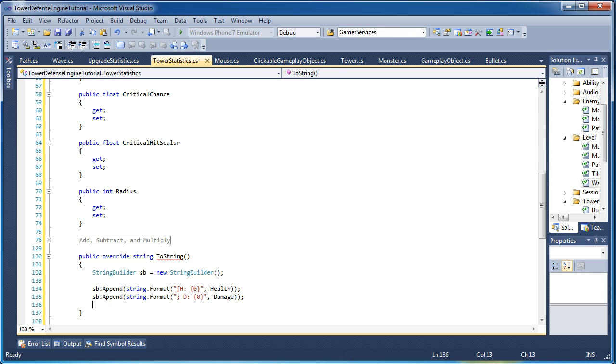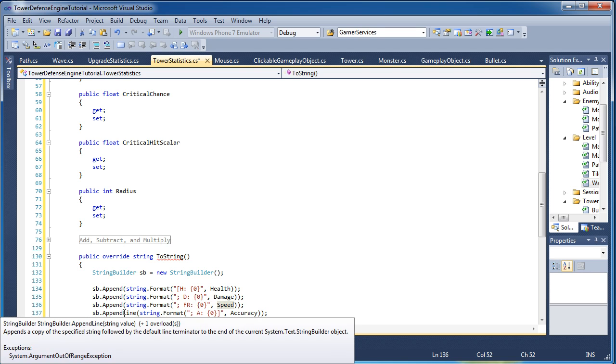Now do that 2 more times for fire rate, which represents speed, and accuracy. So just like you see here, we have a semicolon, FR, colon, bracket 0 bracket, that's the string, comma, the speed. Now we append line